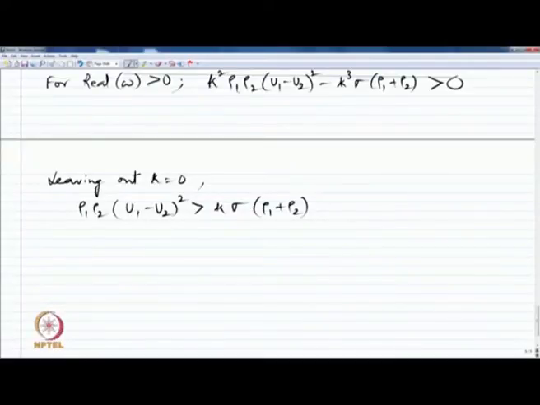Okay, I want to draw your attention to two observations here. First thing is that if I interchange the subscripts 1 and 2 in this equation, the equation does not change. So, rho 1 becoming rho 2 and rho 2 becoming rho 1 with u 1 becoming u 2 and u 2 becoming u 1, the equation is not changed. That basically means that the condition for instability is not governed by the absolute values of the densities or the velocities, and that we have no preferential direction whether 1 is superposed on 2 or 2 is superposed on 1,